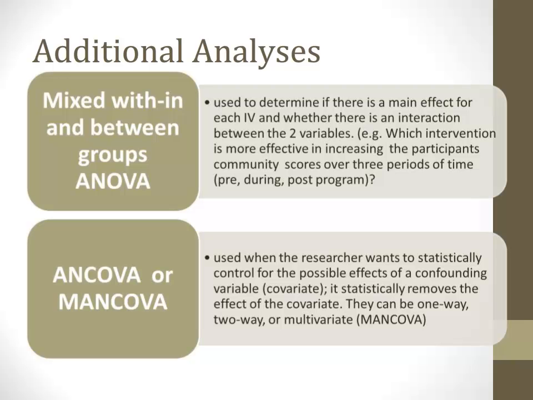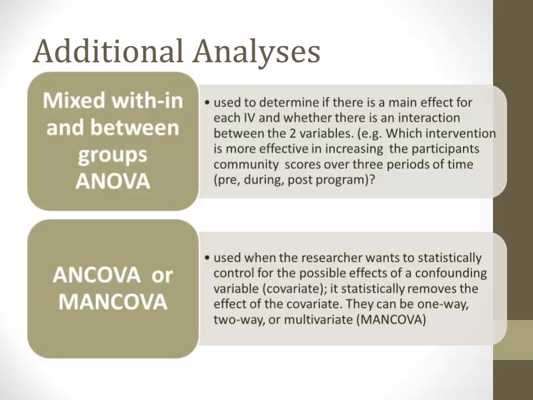So he or she may then use an ANCOVA. Now, you can add a covariate such as a pretest, or it doesn't necessarily even have to be a pretest. It could be another confounding variable such as gender or something else. But anyway, if a researcher ever wants to statistically control for the possible effect of a confounding variable, he or she adds a covariate to the analysis. The example I just gave, the researcher would use a one-way ANCOVA because the researcher was simply looking at the difference between three groups with the covariate of the pretest